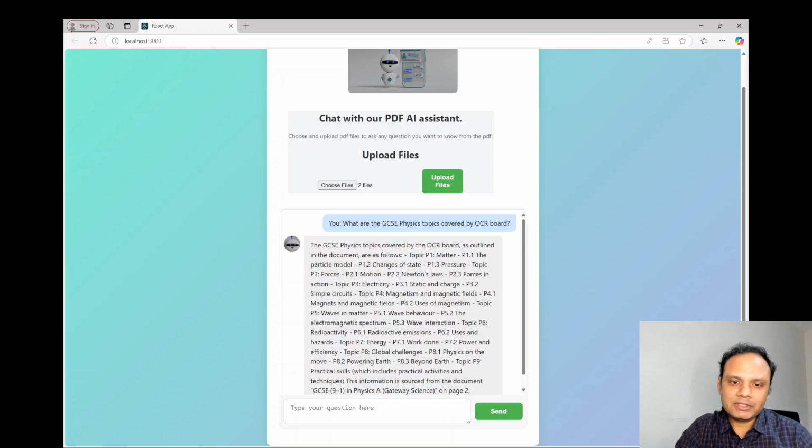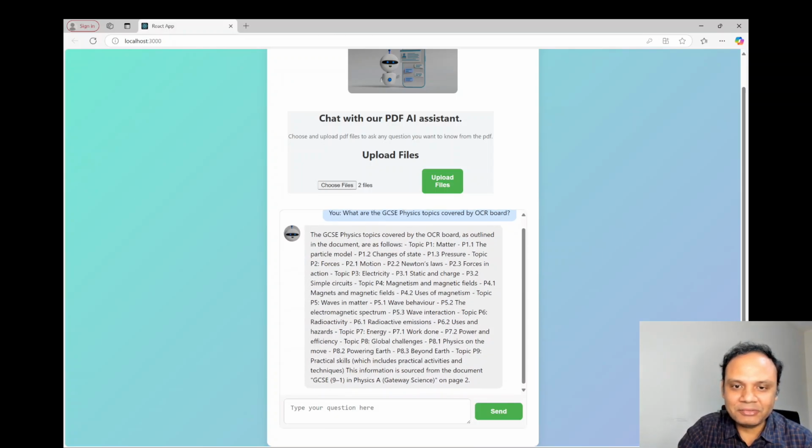So it has thought about it and then lists the topics. You can see the GCSE physics topics covered by the OCR board as outlined, and it says matter, then